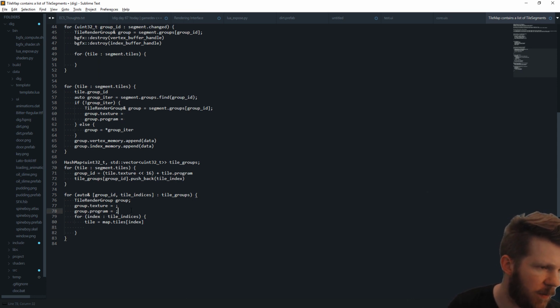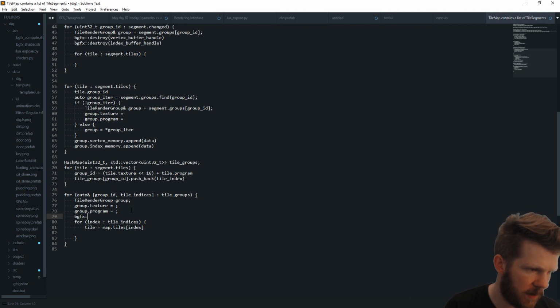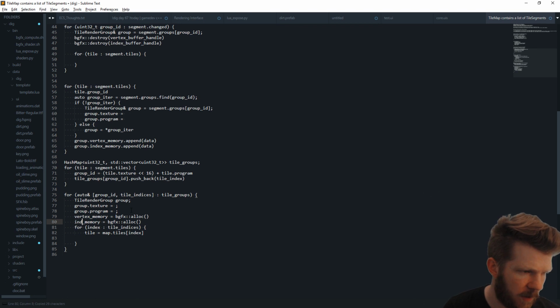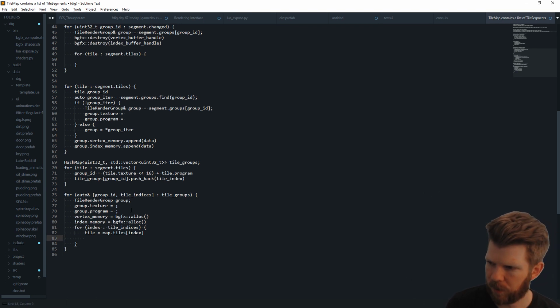So actually at this point we'd probably want to allocate memory. So we'd say, I think there's an alloc memory. So we'll just do, it's not the group. This would be like vertex memory is equal to this. And we're gonna do something similar for the index memory. And then here we would,